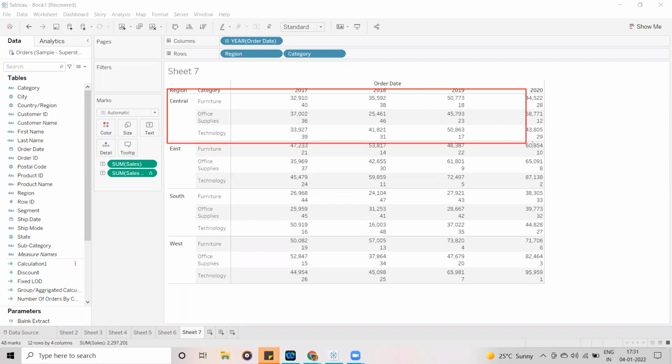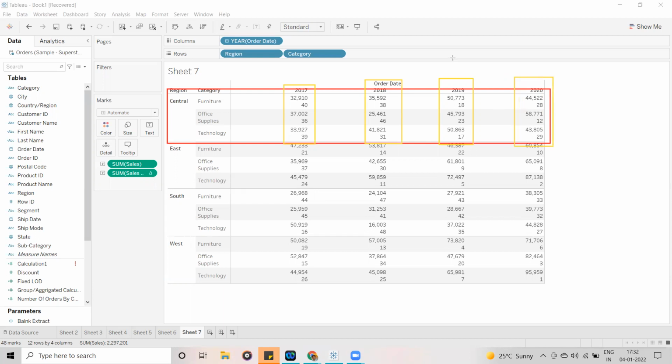First, it is going to take this as one pane, east as another pane, south as another pane, and west as another pane. It is going to take them as 4 panes. Now, pane down we have said, right? So pane down means it is going to assign the ranks in this fashion: 2017, 1, 2, 3 ranks. In 2018, 1, 2, 3 ranks. In 2019, 1, 2, 3 ranks. And 2020, 1, 2, 3 ranks.